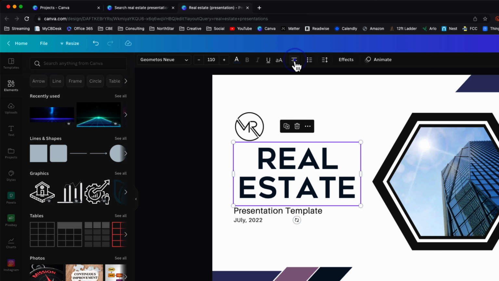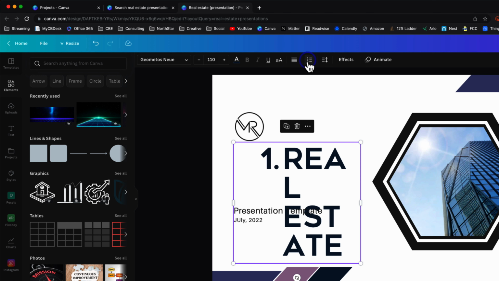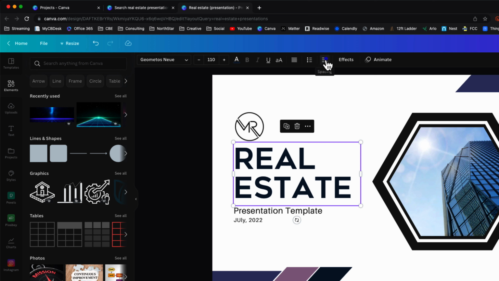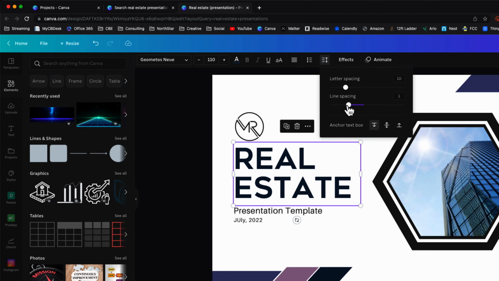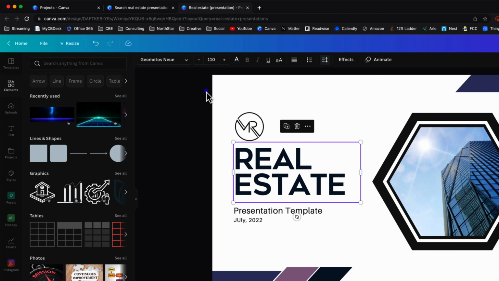Over here moves the lettering to left, right, or center. I can add bullet points and numbered areas. I can also change the lettering distance, so I can change some of these to be a little further apart or closer together. Now, do remember, when you're presenting, and you're using this for virtual presentations, so let's say